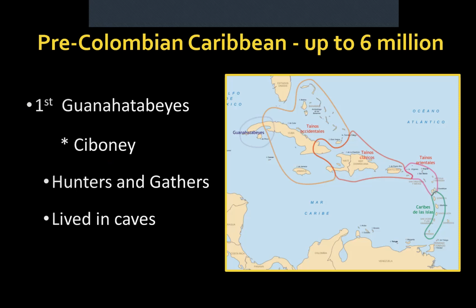No one knows where they came from, whether they came from Florida and came across, or came up from South America and island hopped. But these are hunters and gatherers that lived in caves and small communities. When the Spanish came across, they learned about them from the Taino people that they met, which we'll talk about in the next slide. The Tainos told them who these people were. Basically, the Tainos were coming up and pushing out the Guanahatabey or the Siboney, assimilating them or pushing them out. So they were just living on that far western edge of Cuba.